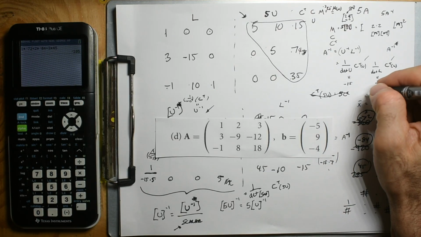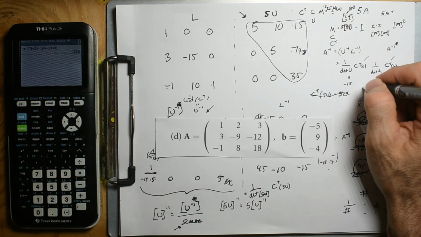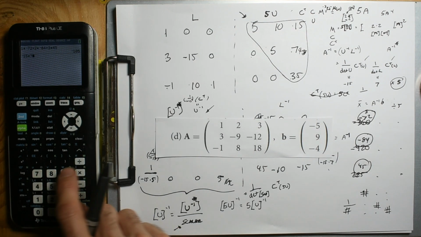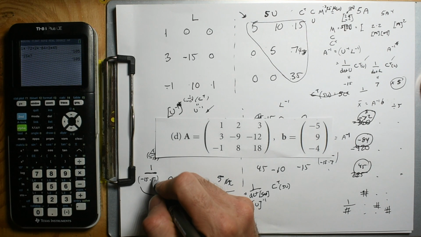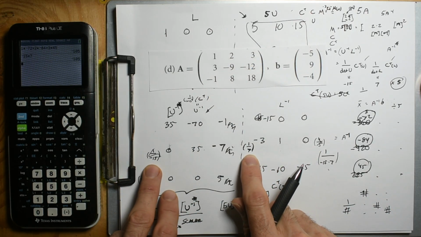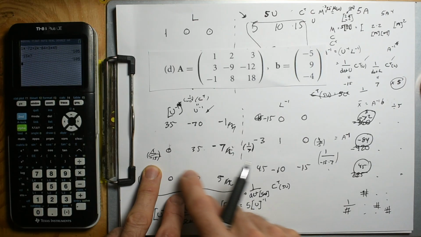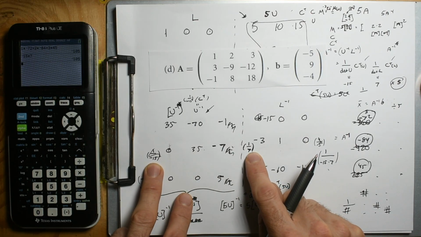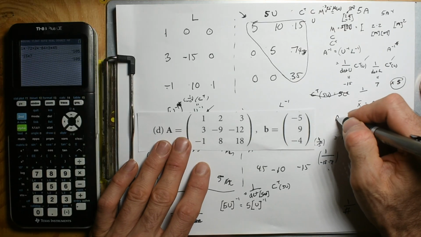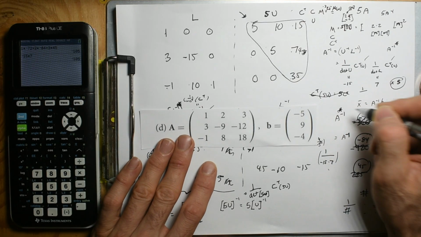A times this, because this was supposed to be 1 divided by those. Oh, and I have this wrong too then. Negative 5 times 7. This has to be negative. Oh, no. I mean, here's my two determinants. The determinant of U is this. Determinant of L is that. And so this, when I multiply A and this is inverse A star,